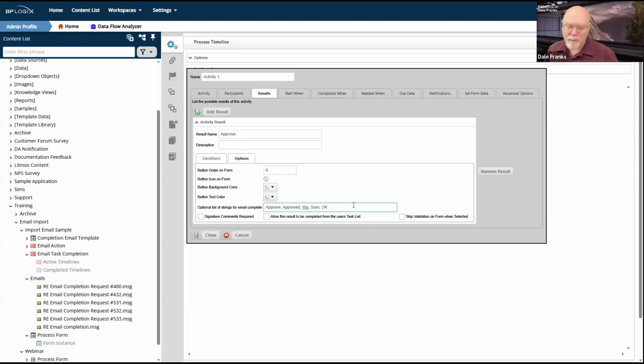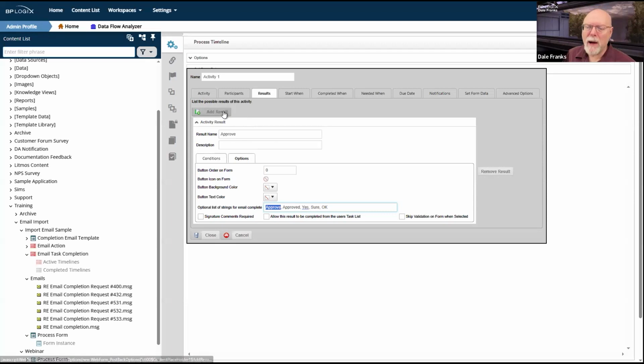I'm not going to, but whatever you add here in this comma separated list, whenever the email is received and parsed, it will be evaluated to ensure that the response contains one of these strings. I think if you type in approved, approve will also work. But like I said, I'm not sure because I didn't specifically test that, although, in hindsight, I probably should have.